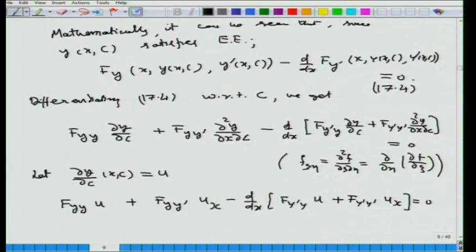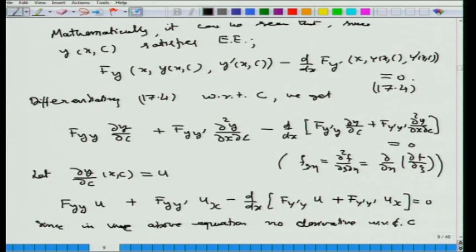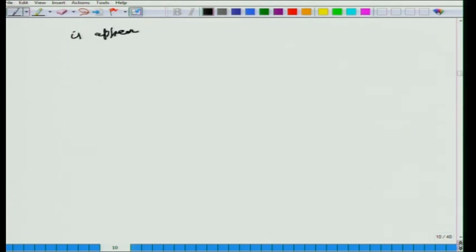Now, here there is no c derivative appearing, since in the above equation no derivative with respect to c is appearing explicitly, although it is denoted by u, it is the c derivative appearing there, but not explicitly. So, we denote this u_x as u prime. Prime means with respect to x, keeping other variables fixed, which gives finally